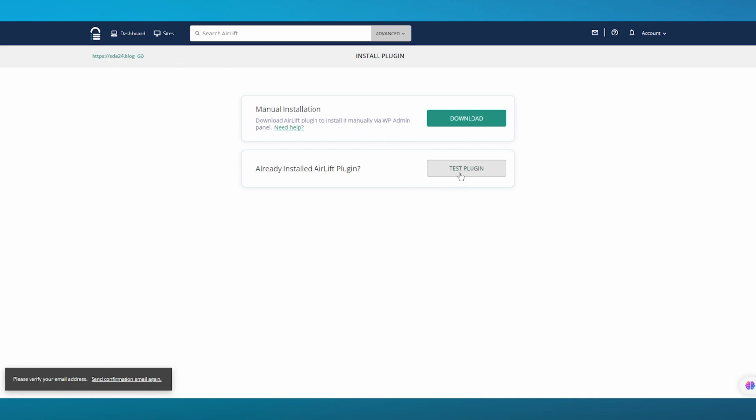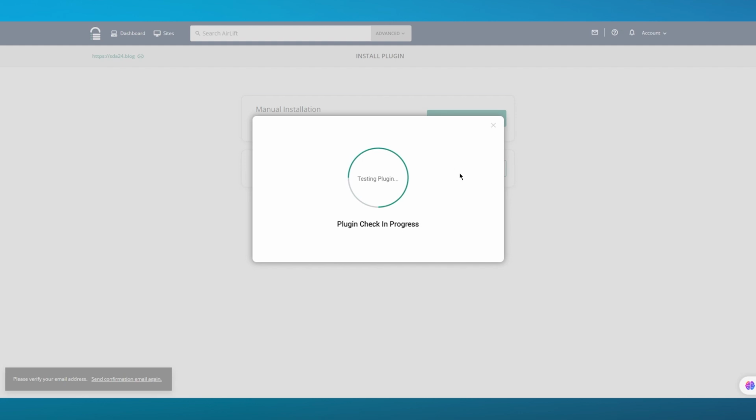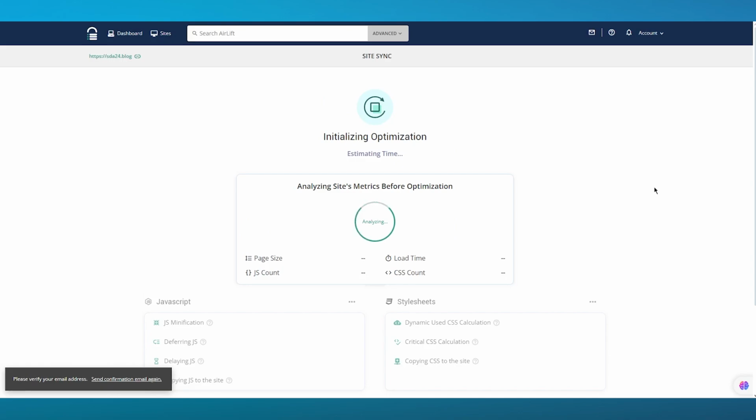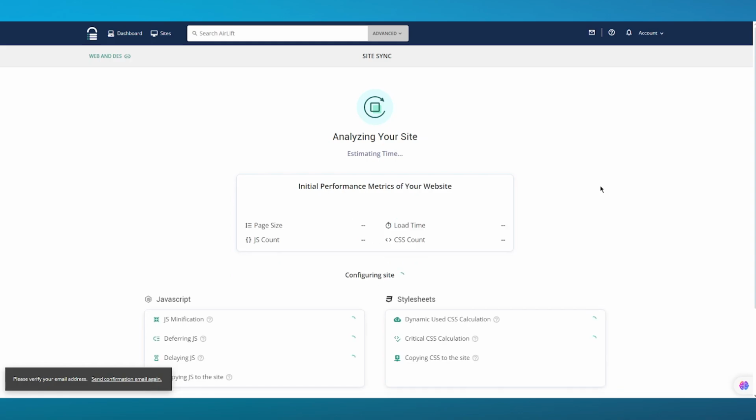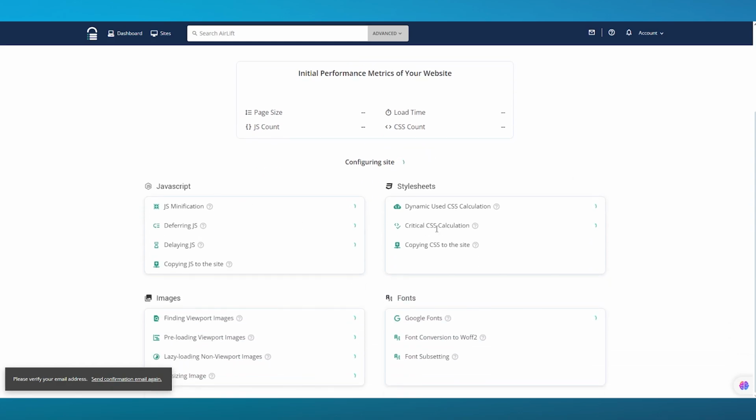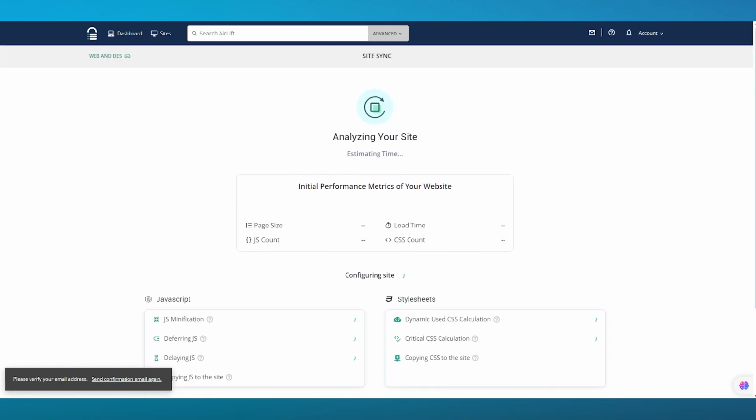You're also going to make sure that if you've already installed it, you click on test. So it basically checks things in. It says the connection is successful, so we're going to initiate a sync. Now what it does is it optimizes your website's performance. It's going to take approximately 4 to 5 minutes to optimize things, and it's going to configure the JavaScript, style sheet, and it goes on with the different details that it brings you.